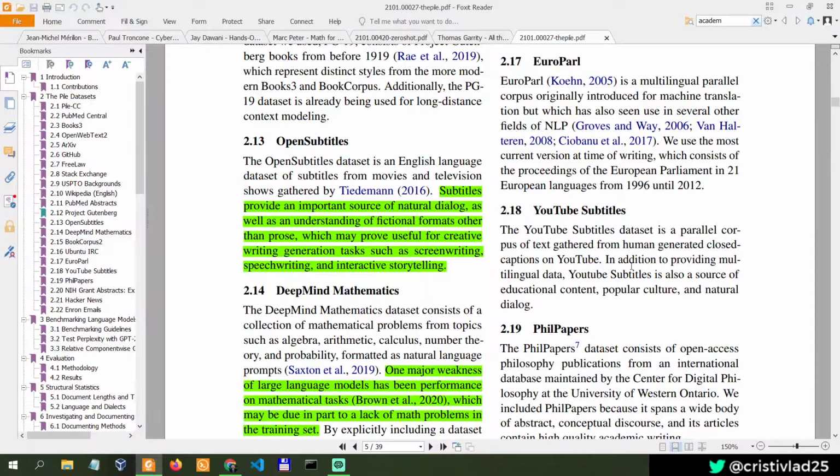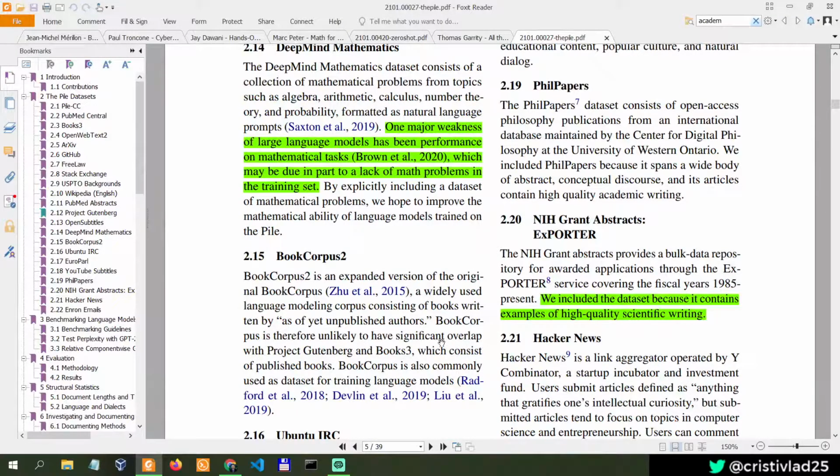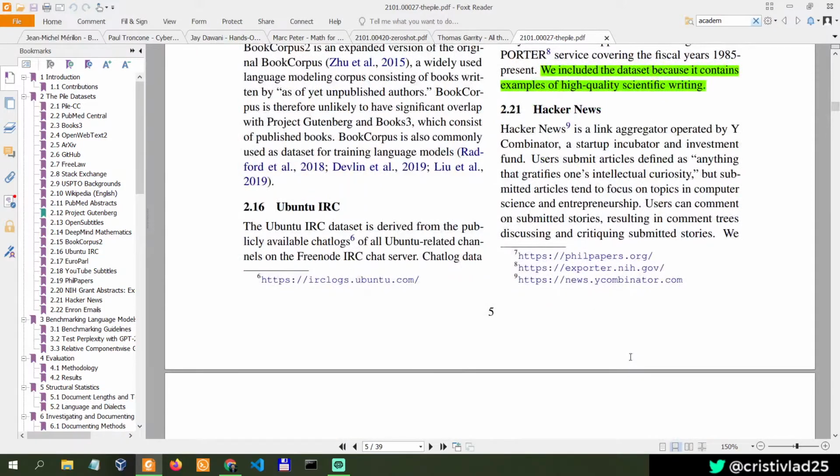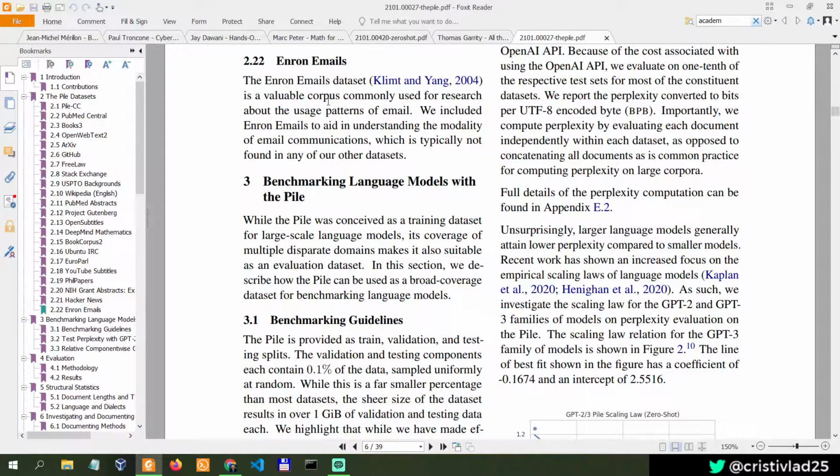Okay, then we have subtitles, which is also good for dialogue. Then we have PhilPapers, philosophy publications, NIH abstracts, examples of high quality scientific writing. I think that's something that GPT-3 lacks. Then, of course, we have Hacker News and Enron emails. Interesting. Then they go on and describe